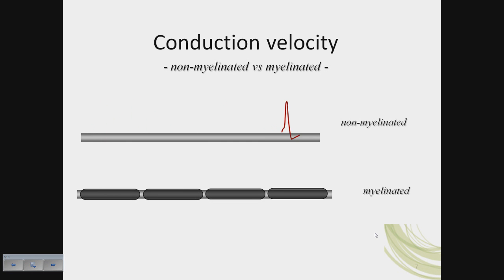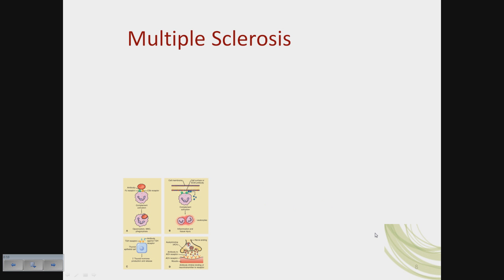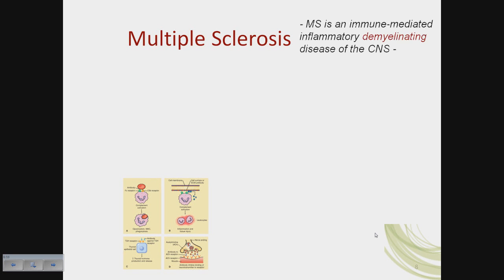Feel free to ooh and ah, that takes a long time to do. Okay, with the myelinated neuron, we see that the action potential can conduct itself through saltatory conduction. That means to jump. It jumps from node to node, node of Ranvier, and it goes the same distance but with greater pace. With multiple sclerosis, we're going to see that this is again a type 2 autoimmune disorder where